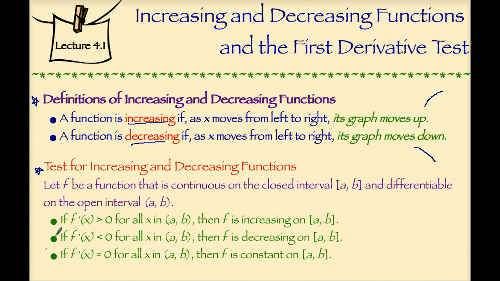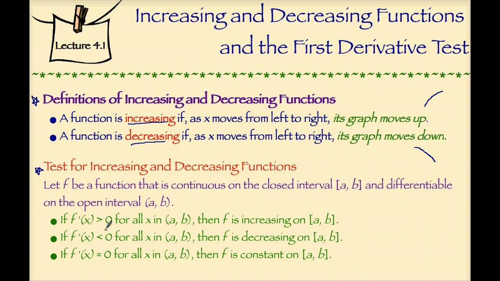Let f be a function that is continuous on the closed interval [a, b] and differentiable on the open interval (a, b). If f prime of x is greater than 0 for all x in that interval (a, b), then f is increasing. They're saying if the first derivative is greater than 0, positive, then the function is increasing there, and that makes sense. The first derivative being positive means that the slope is positive, and we would expect to see an increasing